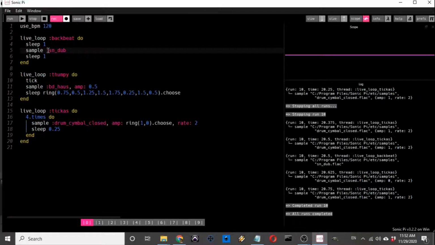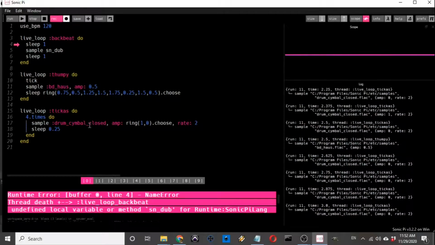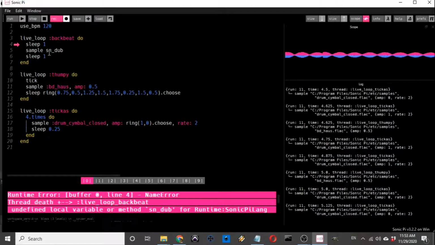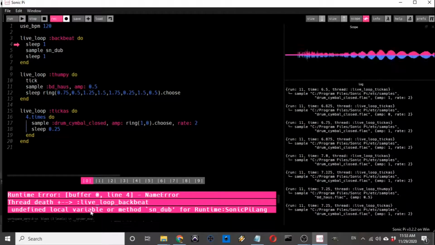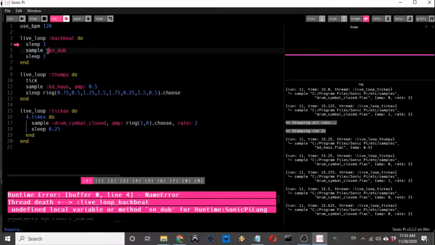But you might make a little mistake, like say you forget this colon, and then if I try to run it, my friend over here is running the kick drum and this, but the snare drum is missing, the backbeat, because it says local variable or method sn dub, because I'm just missing this one piece of syntax, which is the colon.